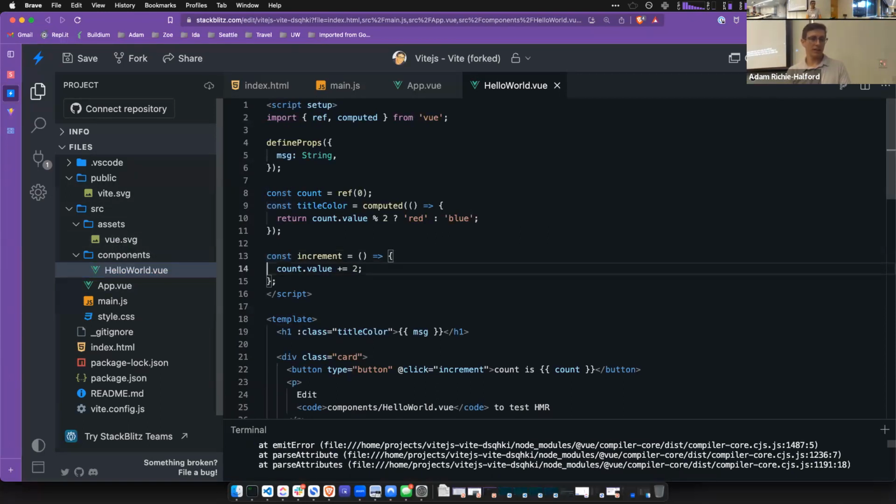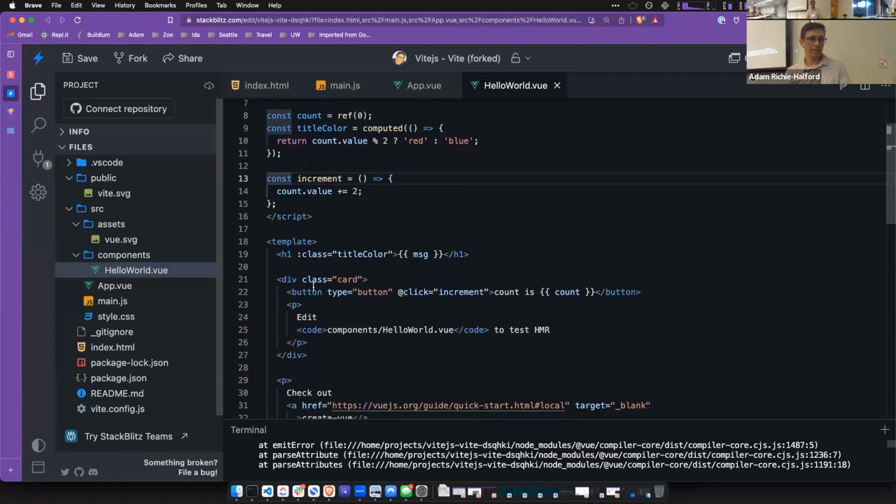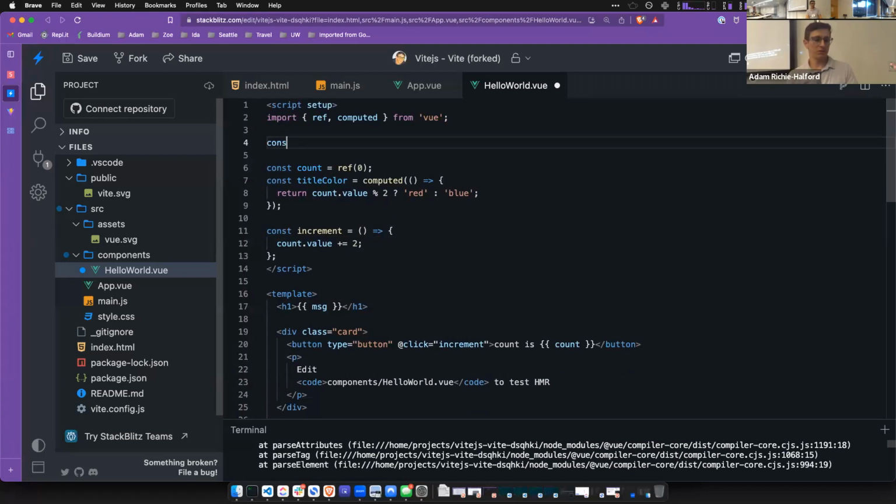instead of counting, let's write a button. Let's see if we can just generate this URL dynamically, because we're going to want to grab random participants, right? So here, changing the color was fun, but we don't need that anymore. But I want the message, instead of passing it in as a prop, I'm going to